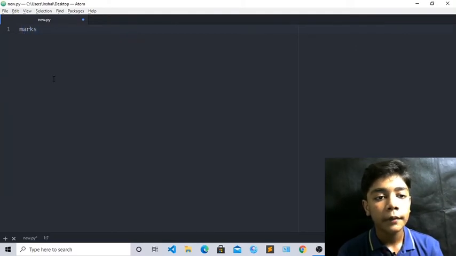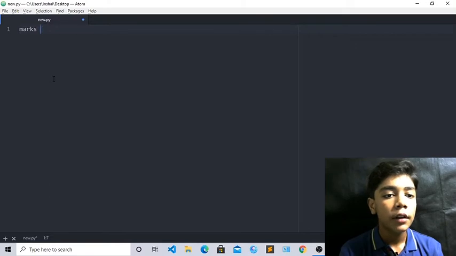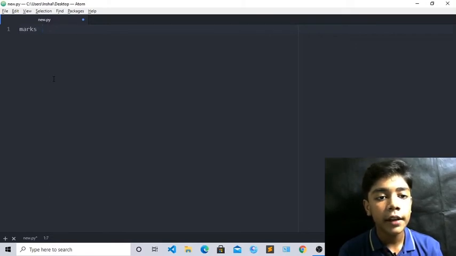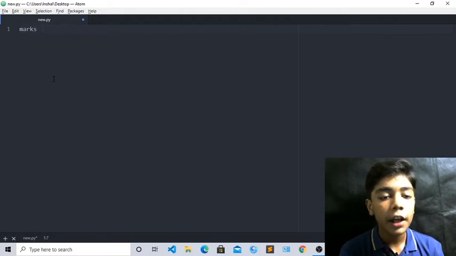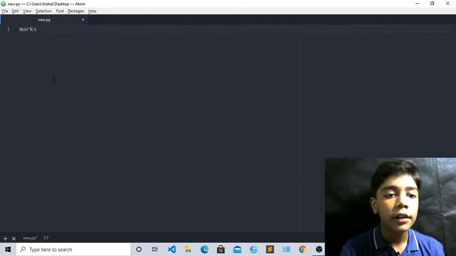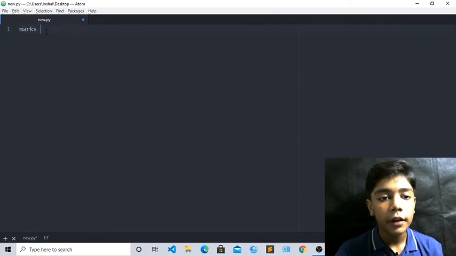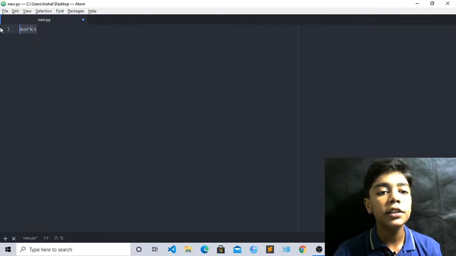Because we have to first of all get the marks of the student, then with the marks we will get what grade should be related to the marks. Okay, so we are writing this marks tag, and this marks tag is really important to write if you are doing work related to marks or grades. So we have to use this marks tag in it.